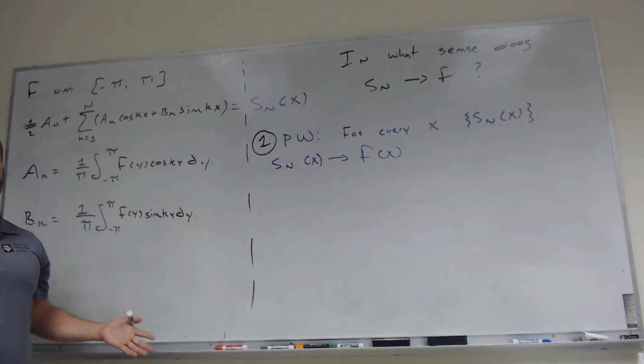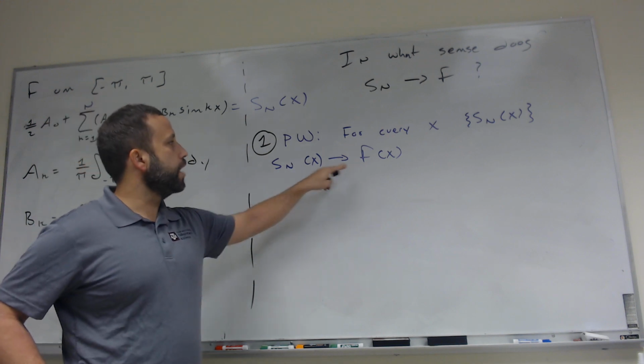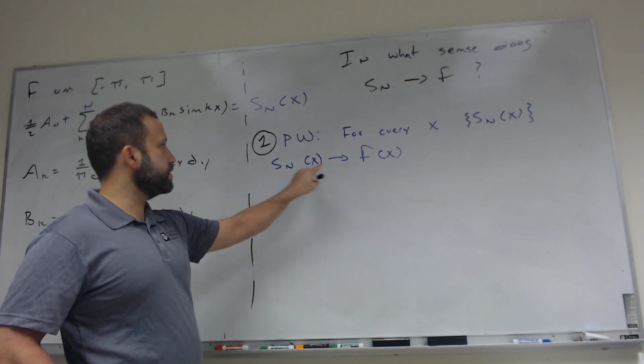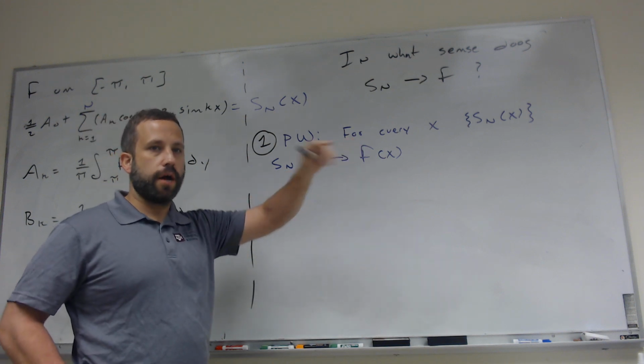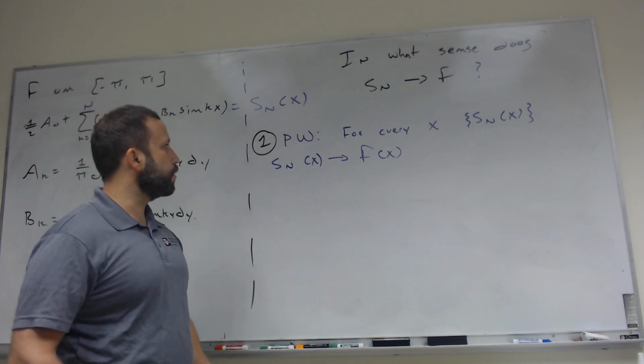Okay, now the theorem, we haven't proved it yet, but we know in the theorem this is not going to be true for all f. It'll be true when f is continuous, for example. But if f has a jump discontinuity, this is going to converge to the average of the two sides of the jump, which is about the best that we can assume. So this is pointwise convergence.